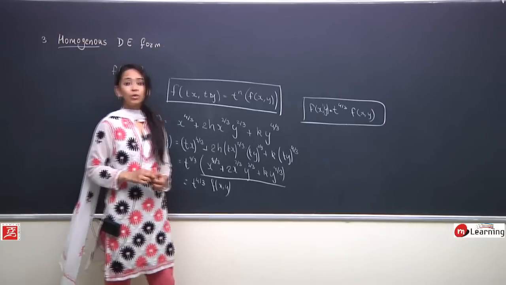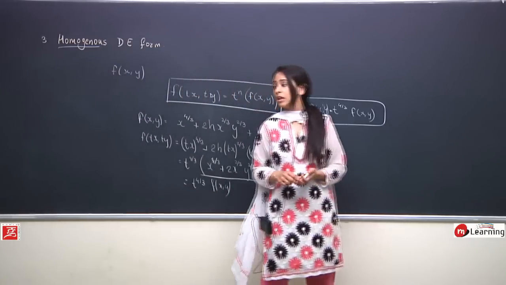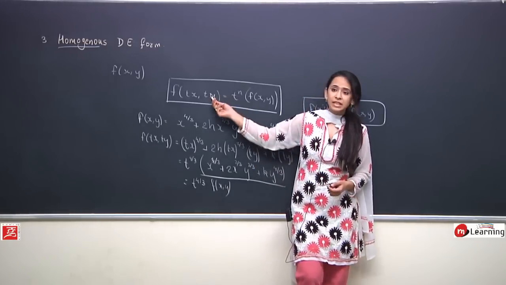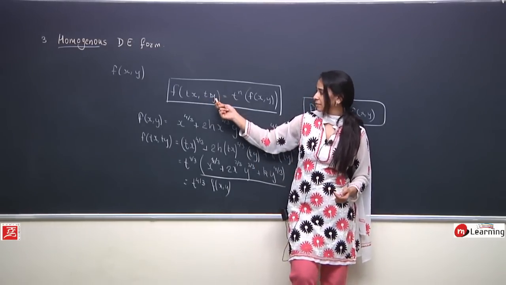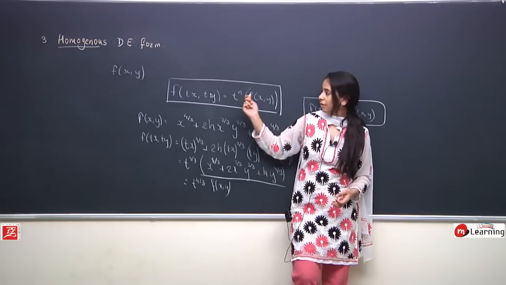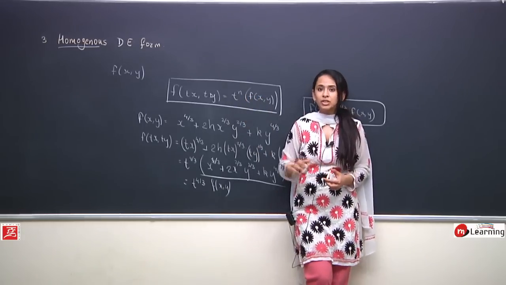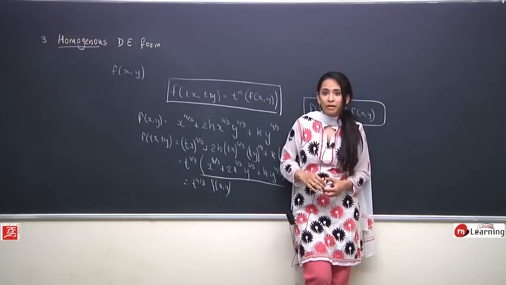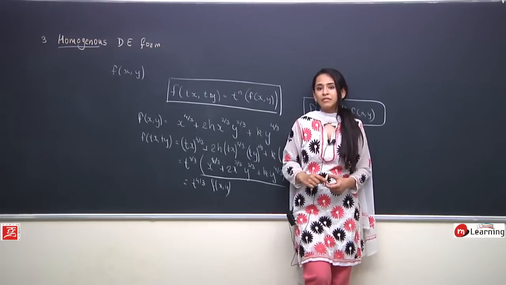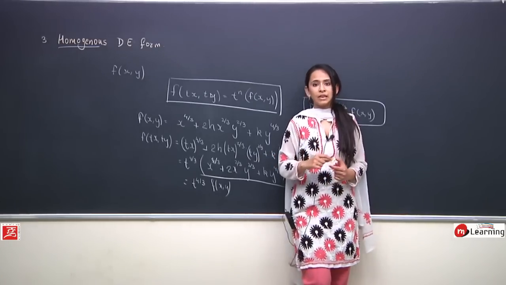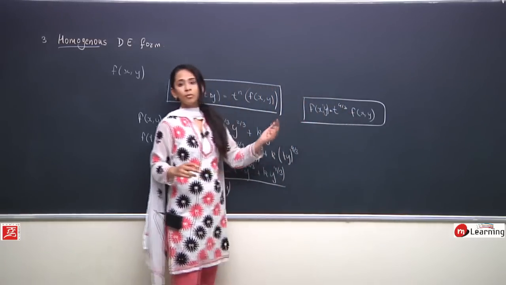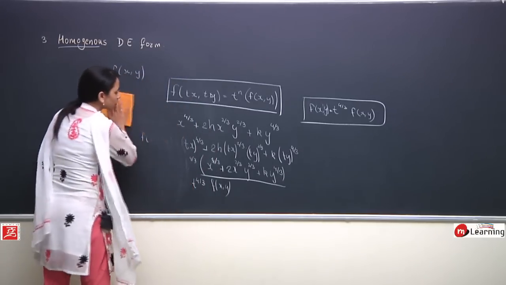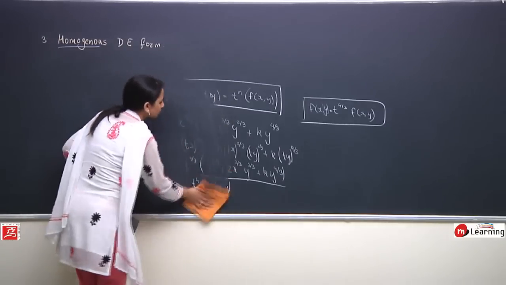सभी को समझ में है कि how do we define a homogeneous equation? So a homogeneous equation of degree n satisfies the condition that f of tx ty is equals to t to the power n f of xy. Or if we have an equation of the form such that f of tx ty is equals to t to the power n f of xy, then such an equation is termed as a homogeneous equation. So ऐसी equation को हम homogeneous equation कहते हैं. I hope सभी को homogeneous equation की definition अच्छे से समझ में आ गई है.